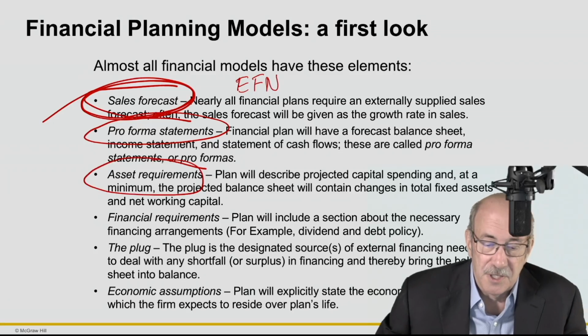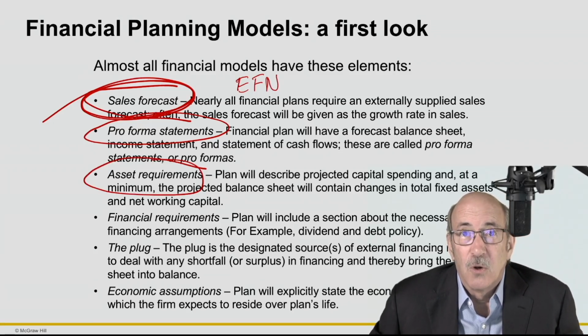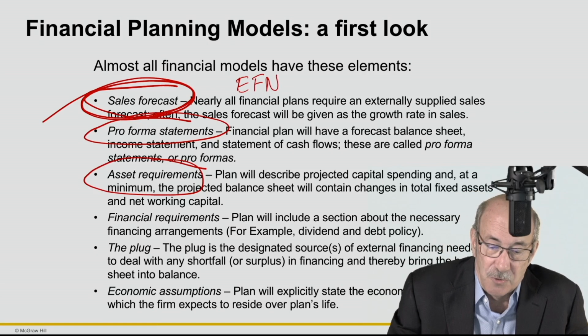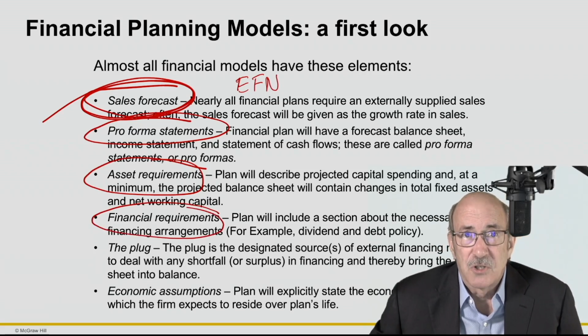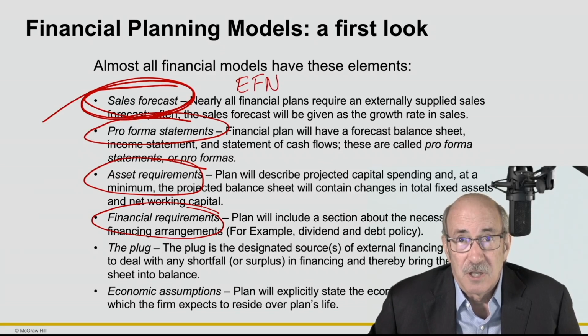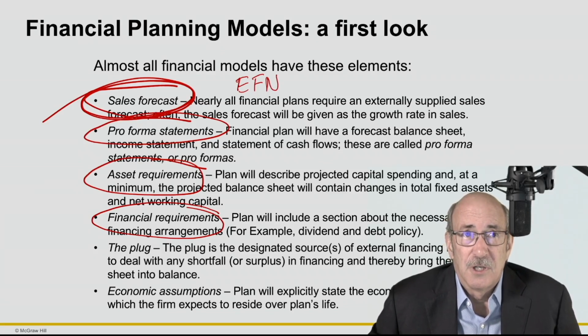And that brings us to the next point, which is asset requirements. What do we need in terms of additional assets? First off, obviously, working capital is probably going to go up if we're expanding our sales, if we're increasing our revenue. But what about fixed assets? That's always the big question. Financial requirements. What do we need in terms of the financing, that EFN? And what are we going to do in terms of dividend policy? That is the payout that we give to shareholders. Are we going to continue with it? Are we going to continue to grow it? Depends on the financial needs of the firm.